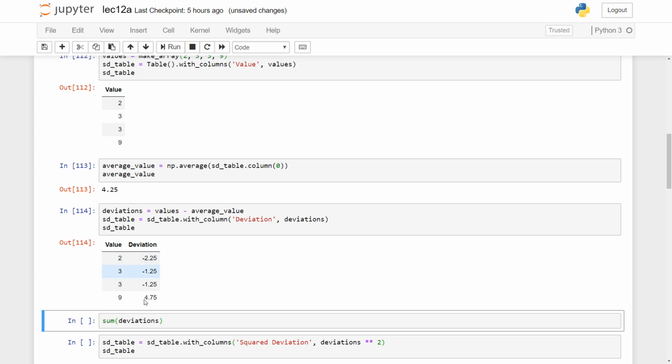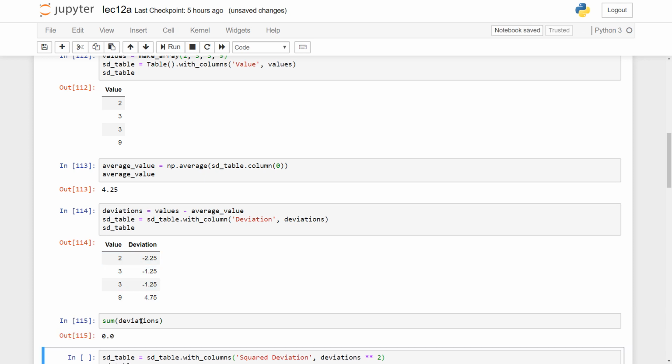If we look at the values here, we will see that the positive values will be cancelled out by the negative values. So once we get the sum of the deviations, we will get 0. So the sum or the mean will be 0. To resolve this issue, we need to get rid of the sign. And we always have two ways of getting rid of the sign: one is taking the absolute value, and the other is squaring. In this case, we will square, because this is more common in the context of mean and variability.